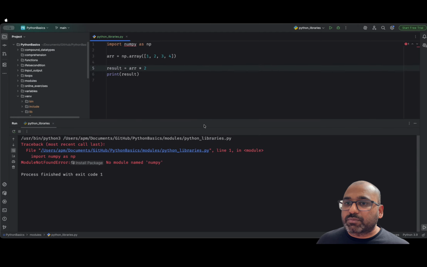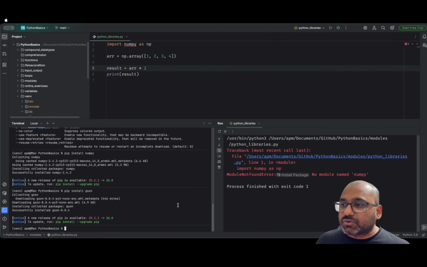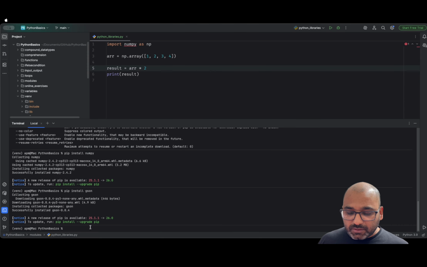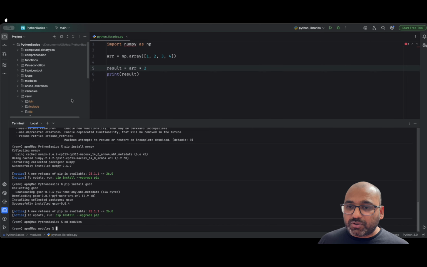Okay, if I just run my program, now you can see we are not able to find the module numpy, right? Why is that? But first let's try to run this program. In order to run this program, in my command line I'll go to the folder in which I have my Python program. So I'll just run it, python3